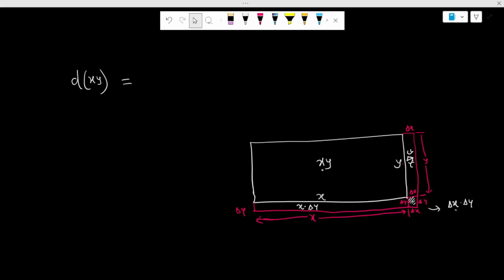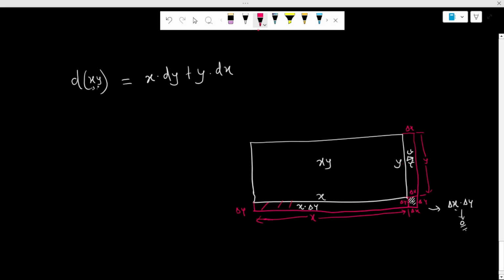Both the change in x and y are very small. The product of this small term is nearly equal to 0, or we can call it the error term. So finally we had xy and we made a small change in both x and y, and the result of the change is equal to x into change in y plus y into change in x. So this rectangle represents x into change in y, and this rectangle represents y into change in x, and the small rectangle, the area is negligible,